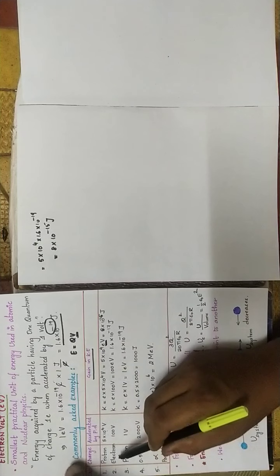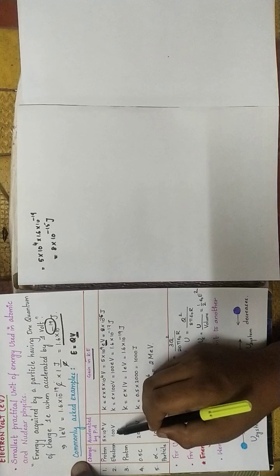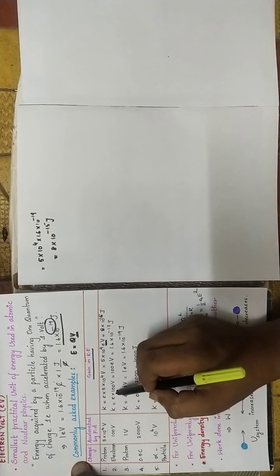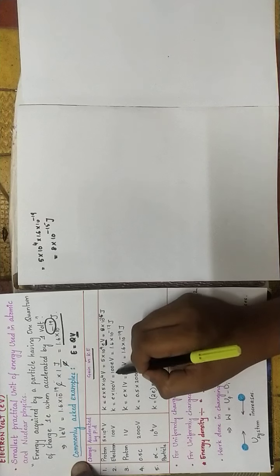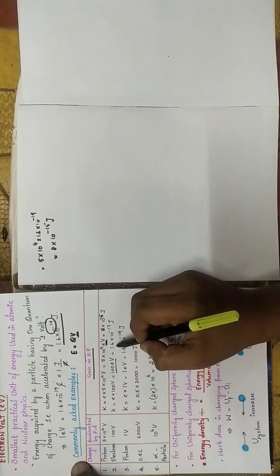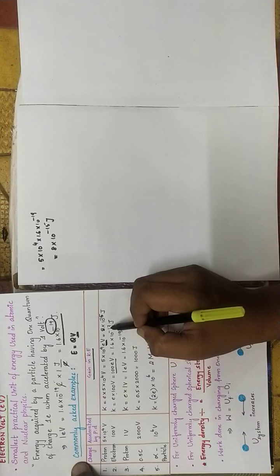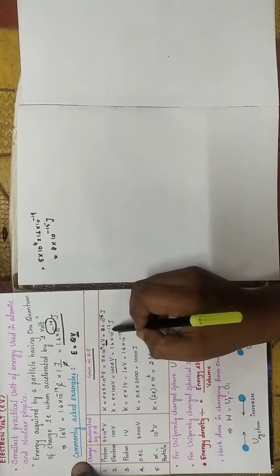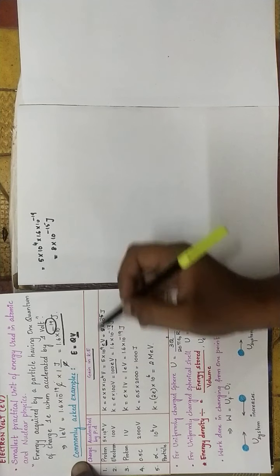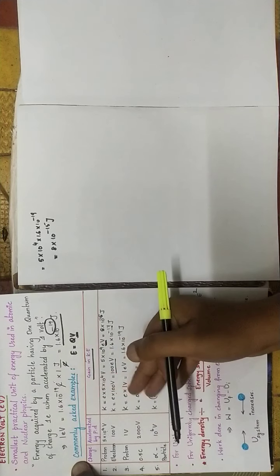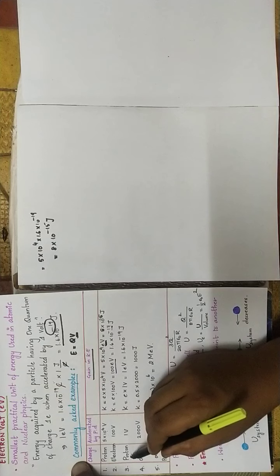The second one is for an electron accelerated by a potential difference of 100 volt. The kinetic energy gained is: the electron has elementary charge e into 100, which is 100 electron volt, and I multiply it with 1.6 into 10 power minus 19. Two zeros and minus 19, the two zeros get cancelled, so I get minus 17. Do use paper and pen. This tabular column contains previous year questions, and these can come in the category of 1 mark questions.